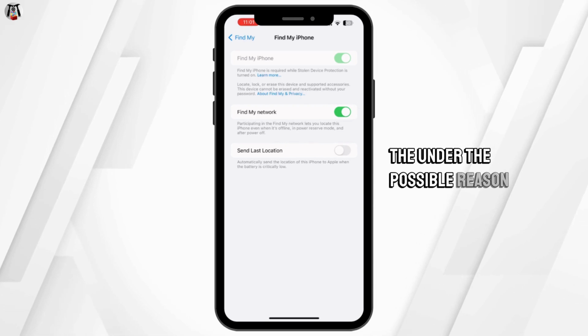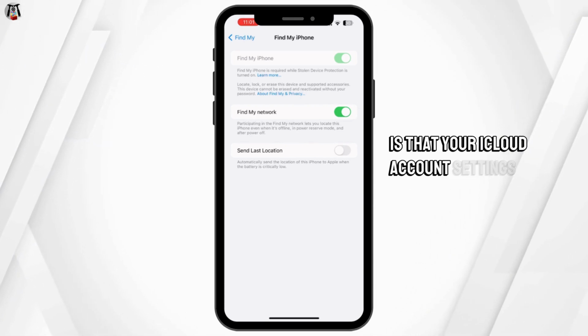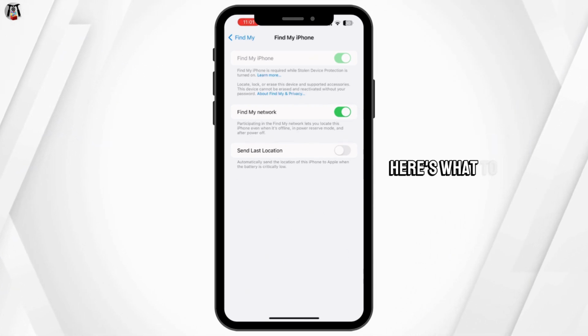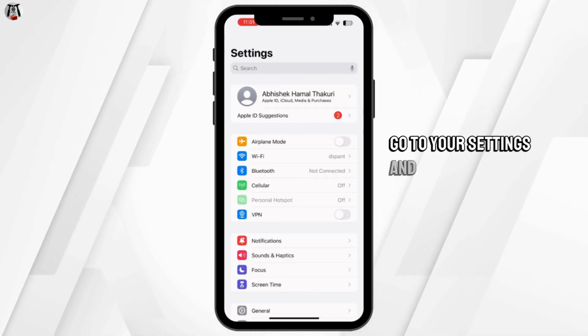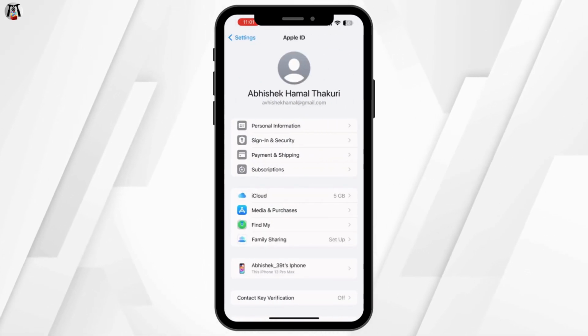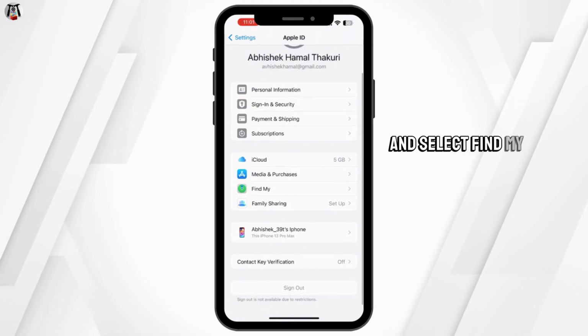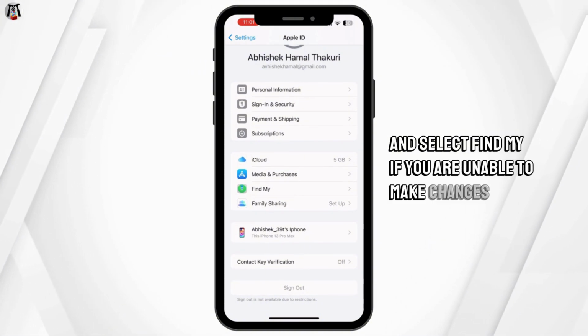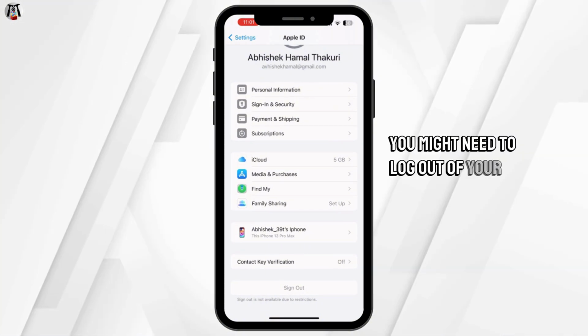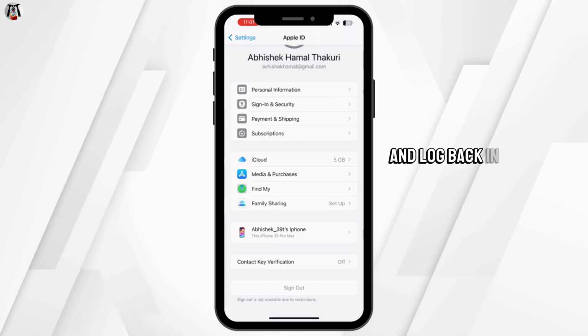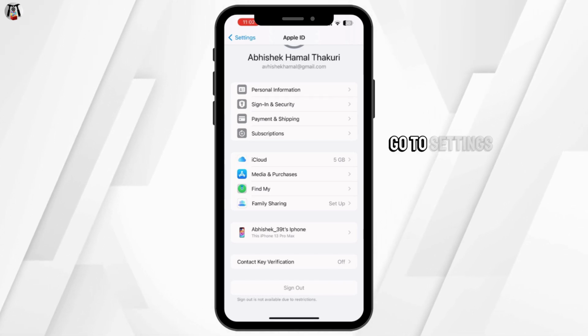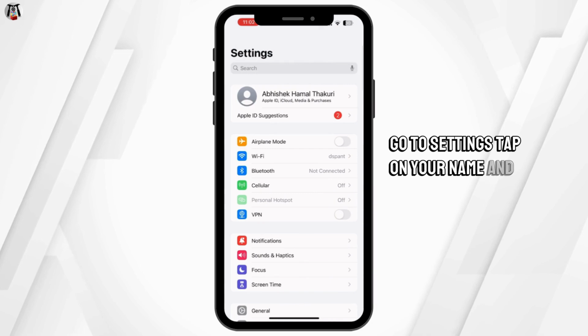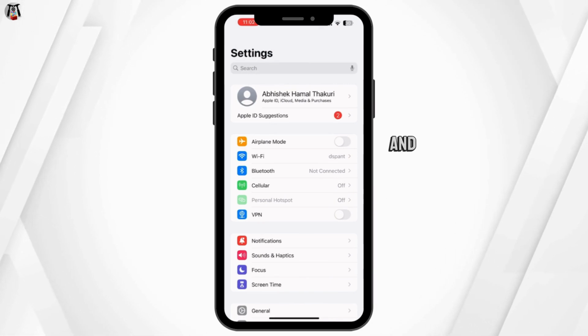Another possible reason is that your iCloud account settings are locked. Here's what to do. Go to your settings and tap on your name at the top and select Find My. If you are unable to make changes, you might need to log out of your iCloud account and log back in. To do this, go to Settings, tap on your name and click Sign Out and log back in with your